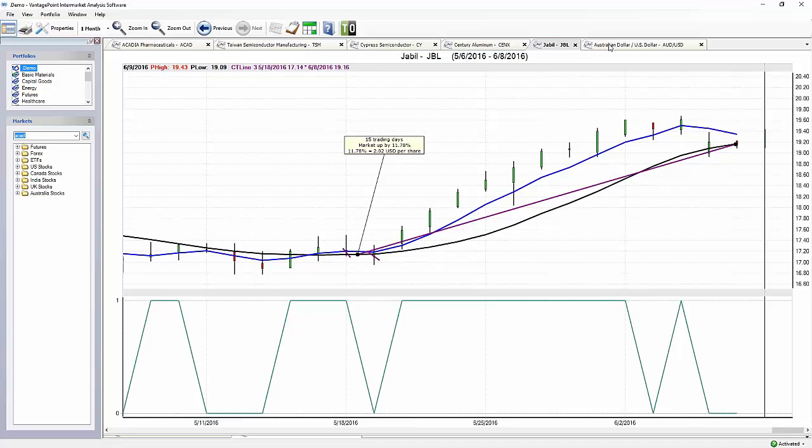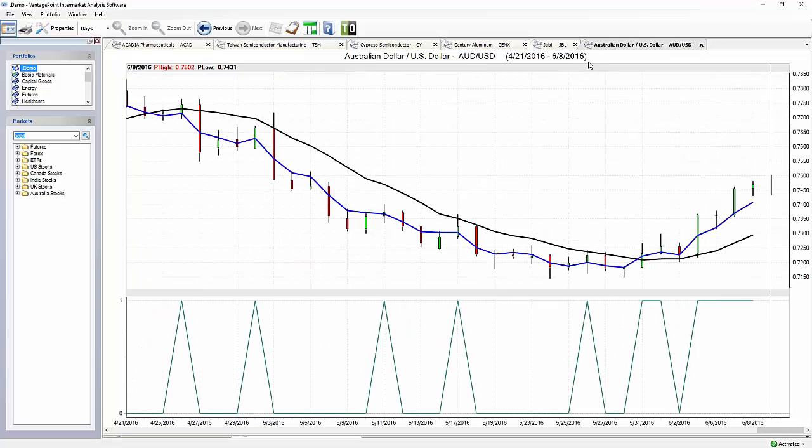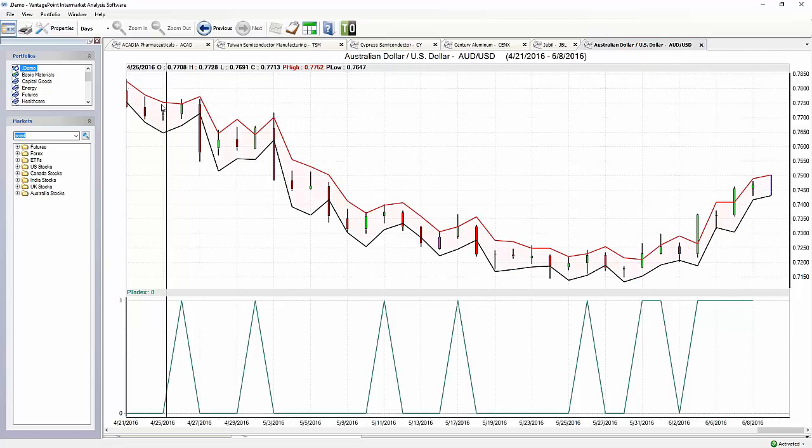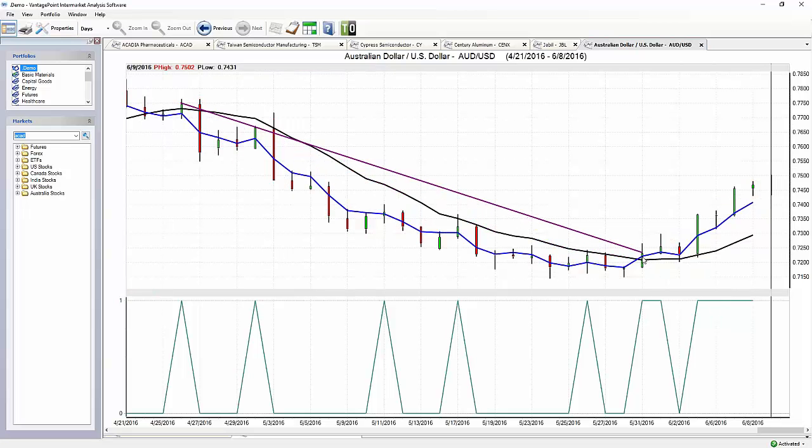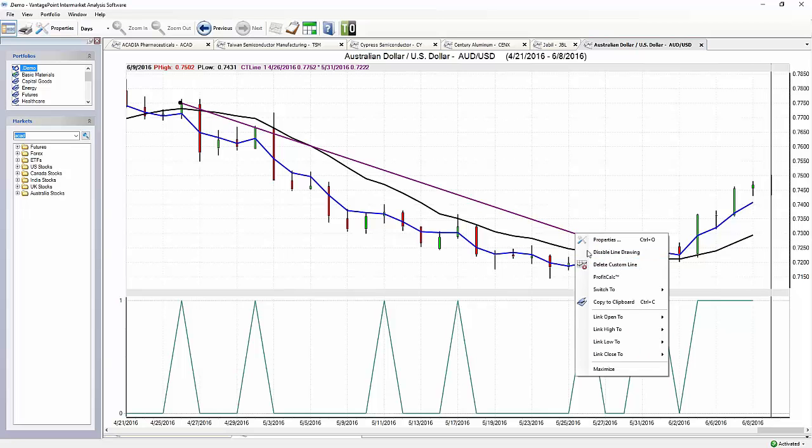Now, here's Aussie US. I'd actually gone long the Australian dollar last week, but short the British pound, and it's based off of these forecasts. Very, very simple here. We had a huge move lower in Aussie US. And again, I want to show you these predicted highs and lows because this stuff is phenomenal. You get the crossover here saying look to short the market up here at 77, and until that blue line comes across the black line, telling you the trend is over,